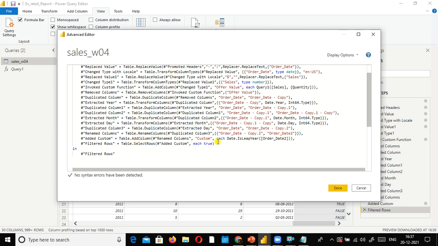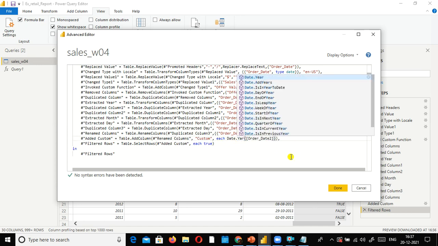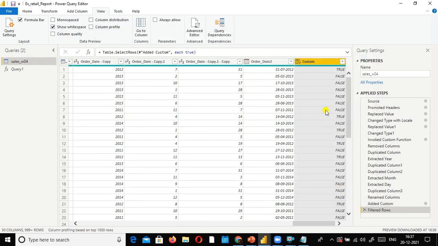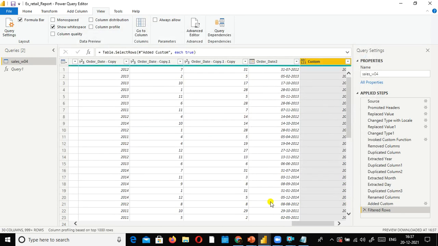See, Table.AddColumn, is leap year. The simple way is I'm going to use another function here. For example, I don't want to see the leap year, I just want to extract only the year from this. Is there any way I can get that here? Look here, just select it from here. That's it. Simply click Done. Look here, it extracted the year.